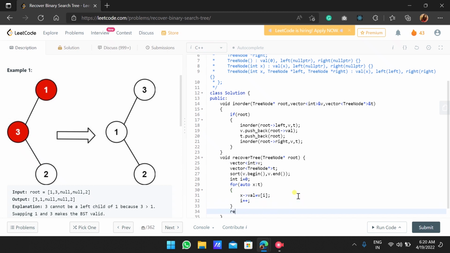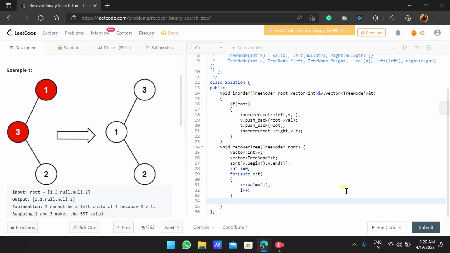It's a void function, so we don't have to return.